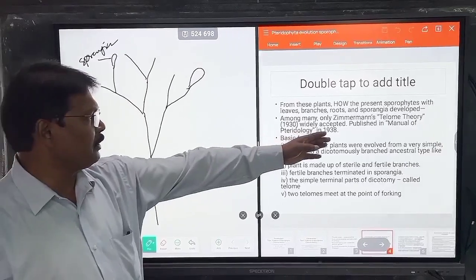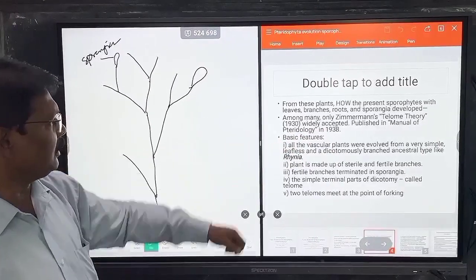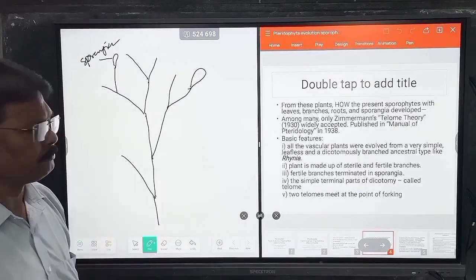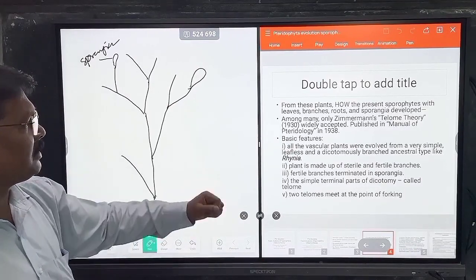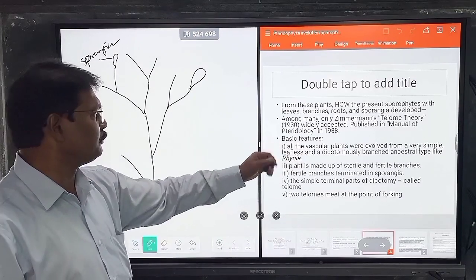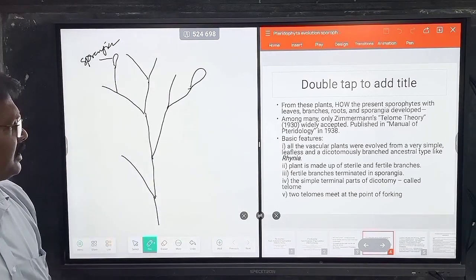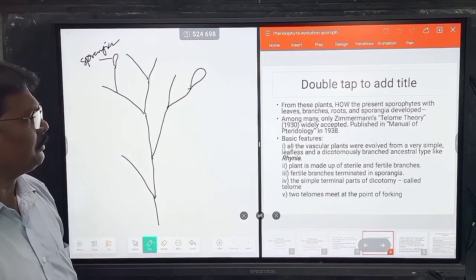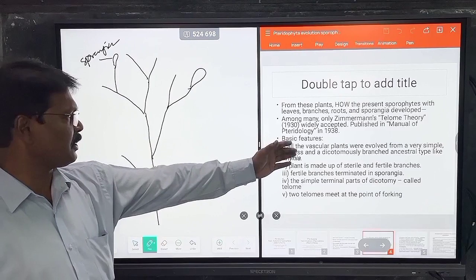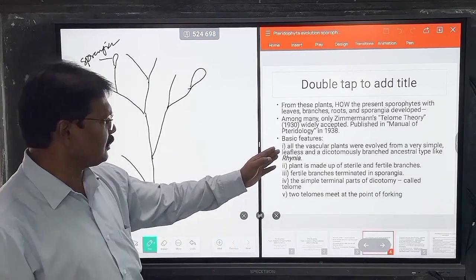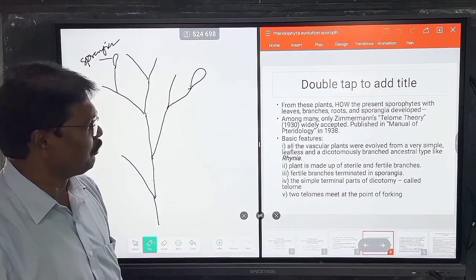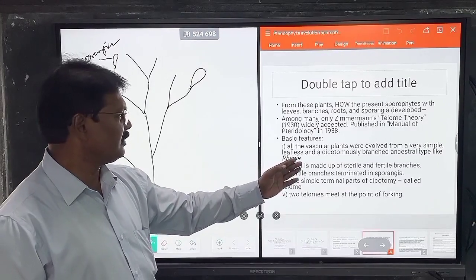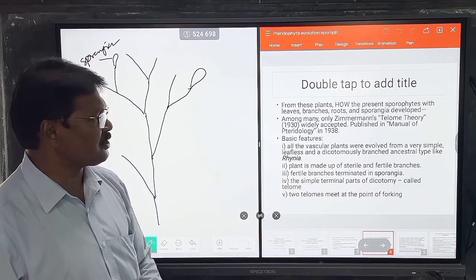Among many theories, Zimmerman's Telome theory of 1930 is widely accepted, and he published it in Manual of Pteridophytes in 1938. According to this theory, all the vascular plants evolved from a very simple leafless and dichotomously branched ancestral type